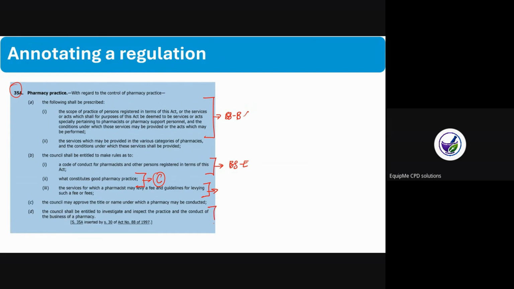Here, this one can also be linked to behavioral statement A about inspections. There's a document the pharmacy council also published about self-inspections. So you can use this as a way to assess if your pharmacy is compliant to those regulations. Okay. I think that's it.